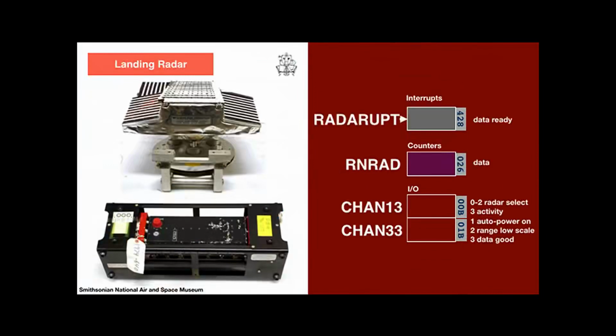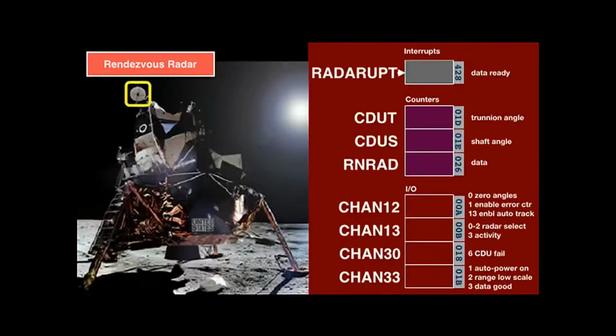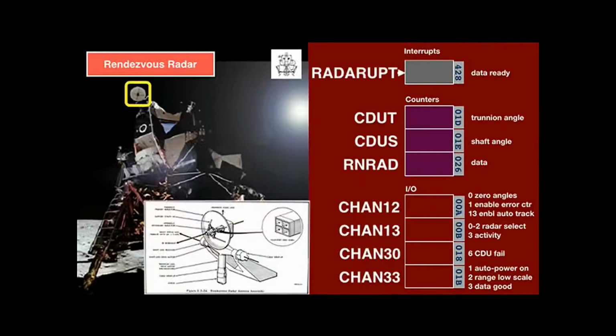The landing radar sits at the bottom of the lunar module and measures the distance to the ground. The RADAR RUPT interrupt will be triggered whenever a new measurement is available and the RNRAD counter contains the new value. The lunar module's rendezvous radar measures the distance of the command and service module during rendezvous. After setting the 2 angles in the CDU-T and CDU-S counters to point it towards the other spacecraft, it will automatically track it and cause RADAR RUPT interrupts when new data is available,